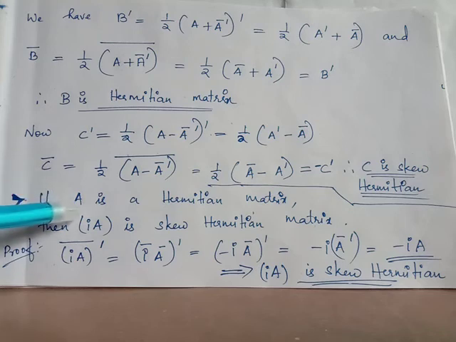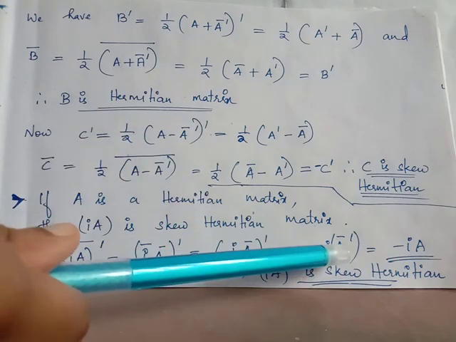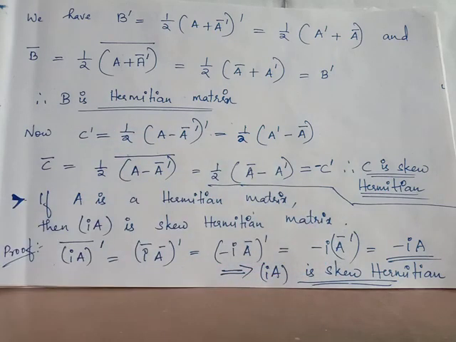Since A is a Hermitian matrix, as per our assumption, we have A conjugate transpose, which can be rewritten as A itself, because a Hermitian matrix A can be written as A equals A conjugate transpose. Thus we obtain minus i times A conjugate transpose as equal to minus i times A. Thus we have the conclusion: iA the whole conjugate transpose equals minus i times A. Thus we may conclude that iA is a matrix which is skew-Hermitian.